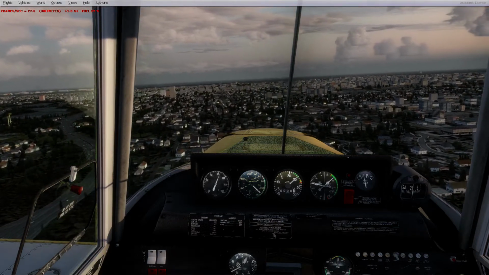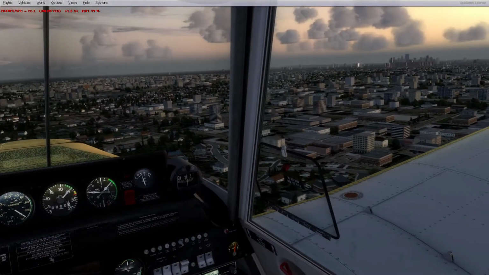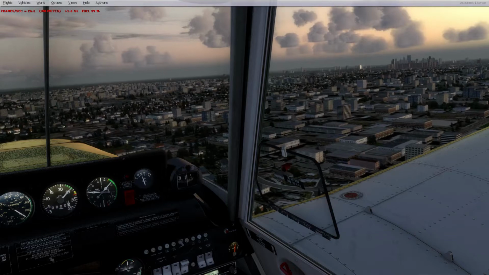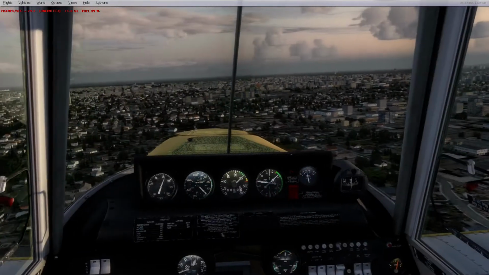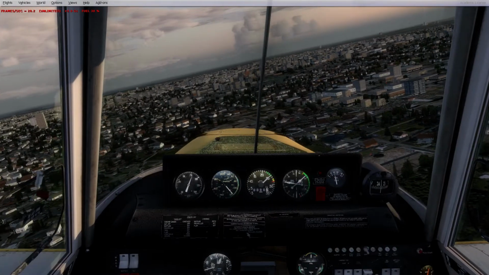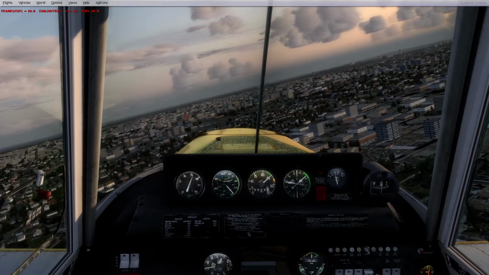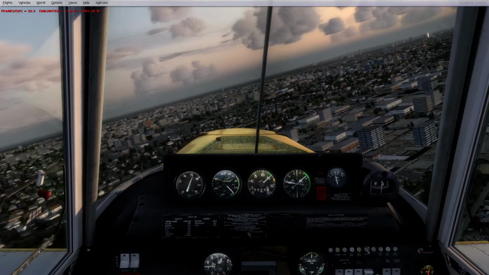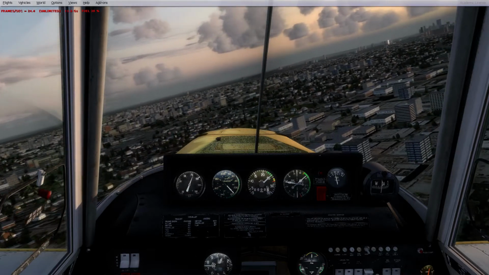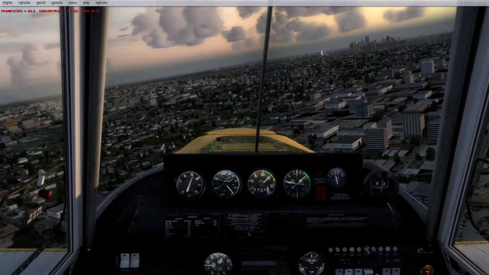we'll just fly fairly low for a while, taking in the scenery, and there's Manhattan over there. So we'll just head that direction, taking in some of the sights, and yeah, come back and land. But you can see the number of buildings and the cars and everything. So